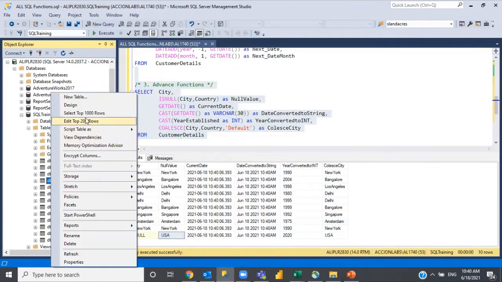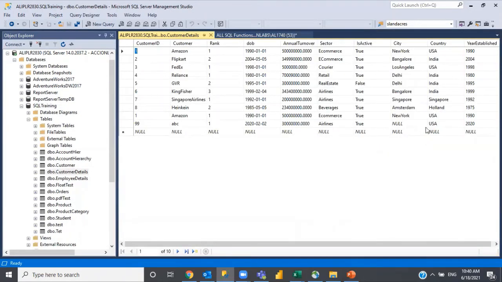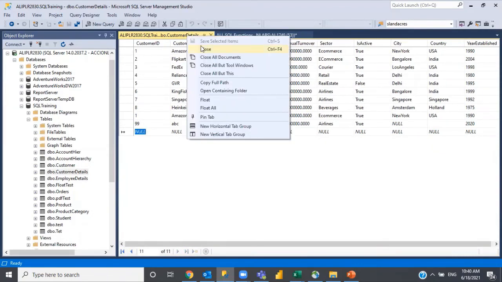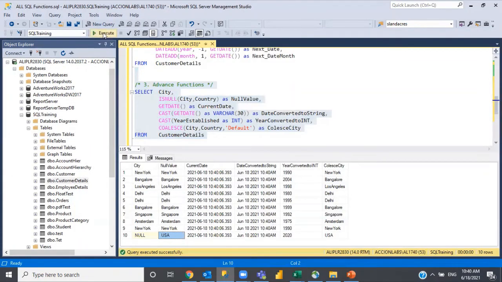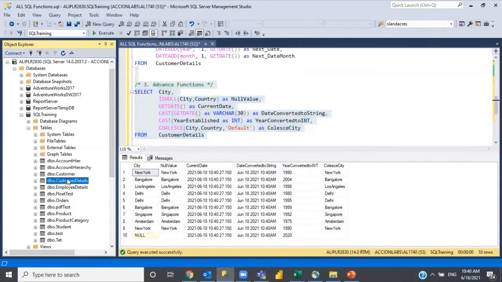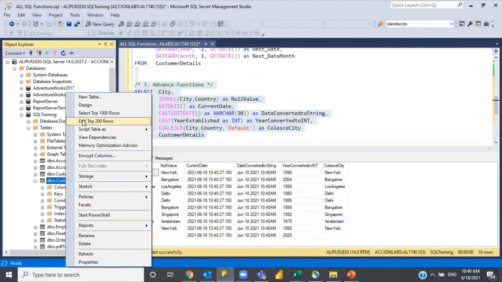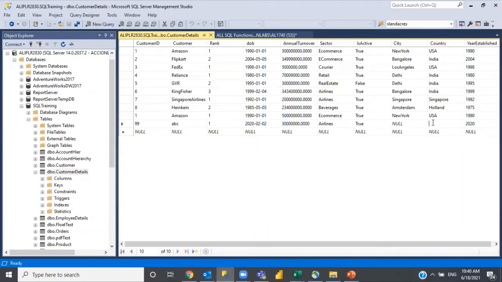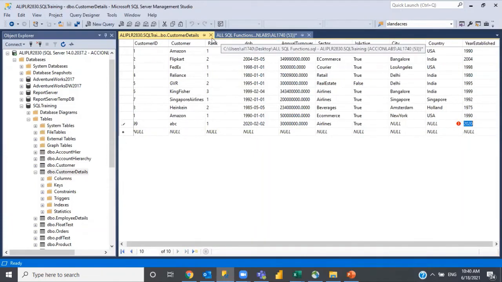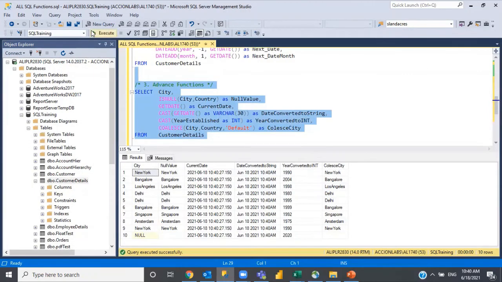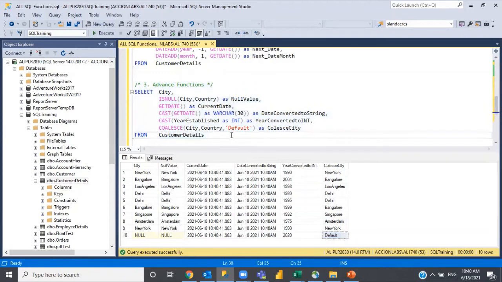But if you try to edit it, as you see here, this is null, so it is coming here. This is also null, so that's why it is showing as a default here. So COALESCE will give you many options. You can place as many columns as you want.